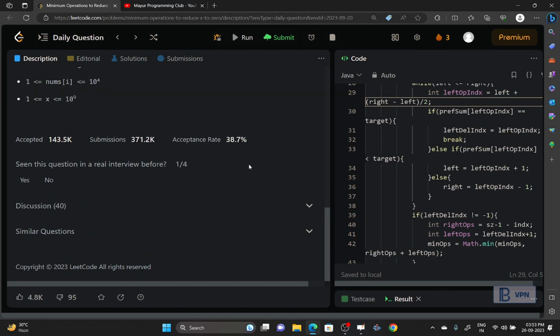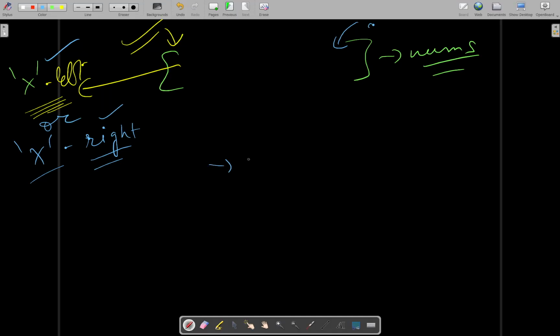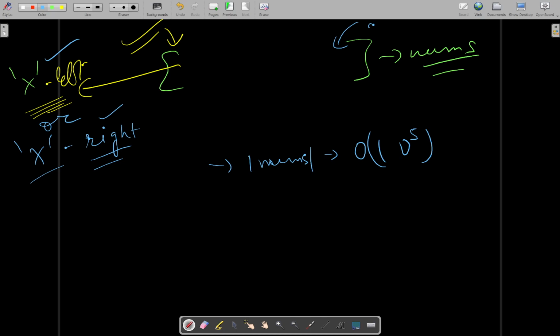So let's have a look at the constraints of the problem. The length of the nums array will be of order 10 raised to power 5. The values in the nums array will be of order 10 raised to power 4. And the value of x will be of order 10 raised to power 9. So, to solve this particular problem,